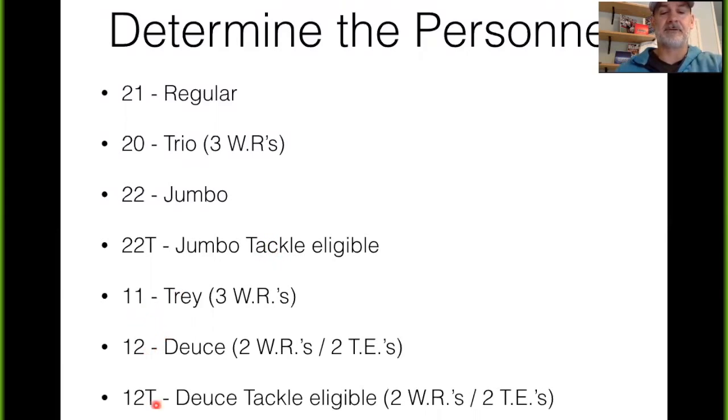11 personnel, 12 personnel, and 12T is 1 back, 2 tight ends, but one of the tight ends is a tackle eligible. And I give code words, deuce, tray. So I'm not going to belabor that point. You may have your own personnel packages and what you call them, but when you have